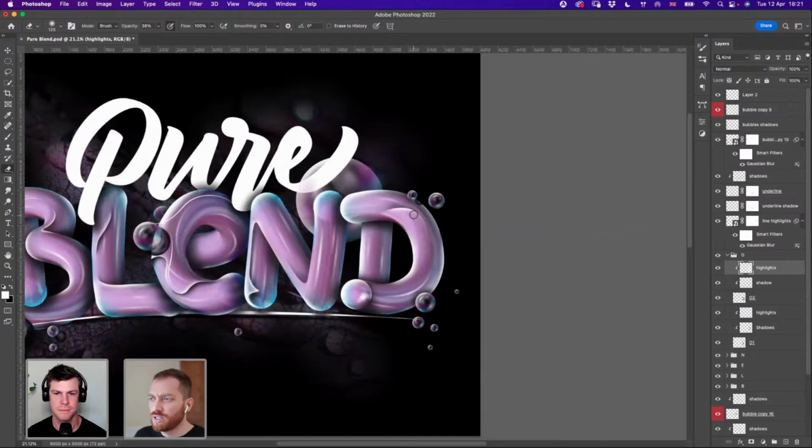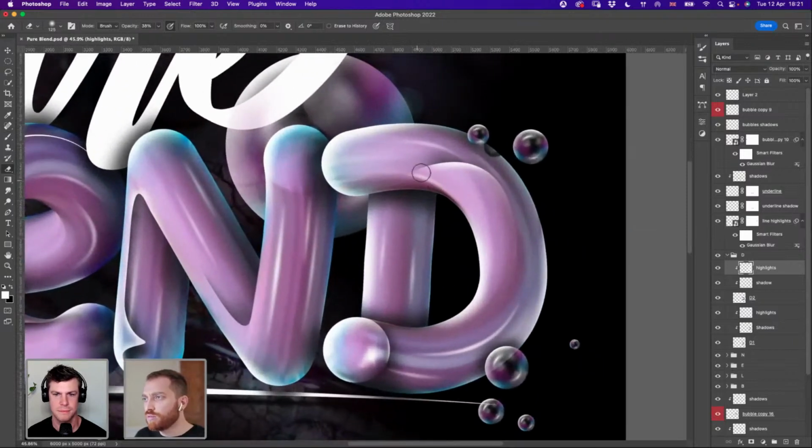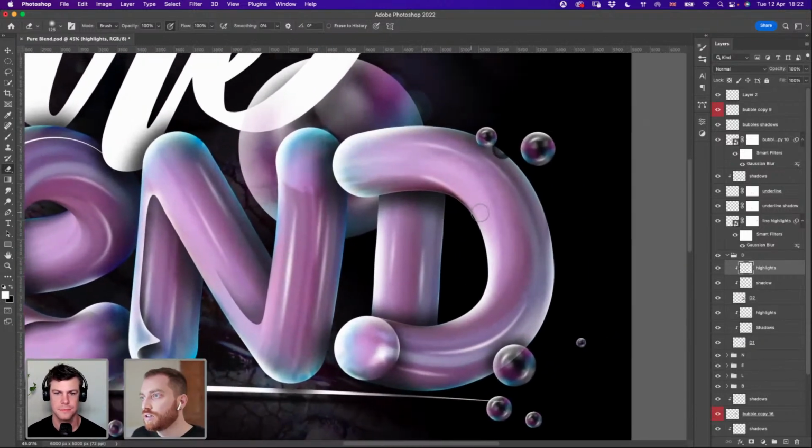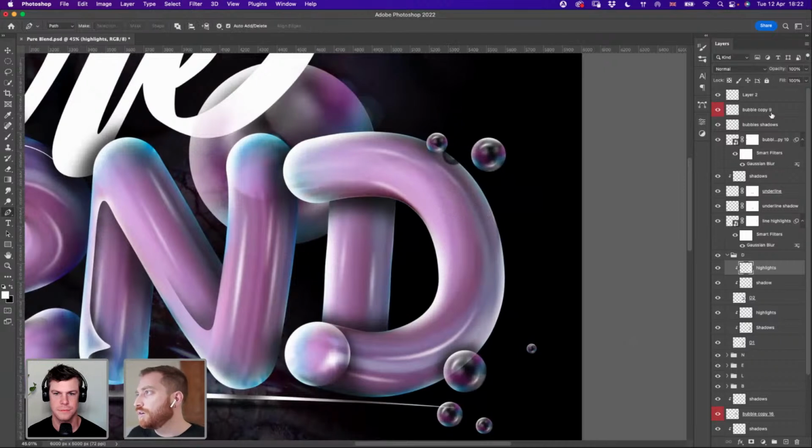Not this part though. I don't like that. I'll remove that completely, I think. I will add some lines instead. Okay, the opacity is low. Why is it low? Okay, yeah, I prefer to add some lines like this instead. So we are on, yeah.